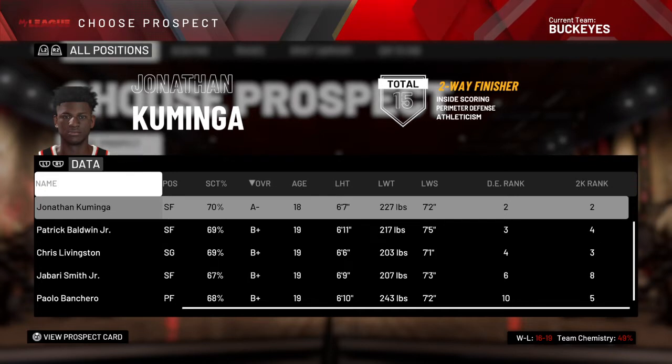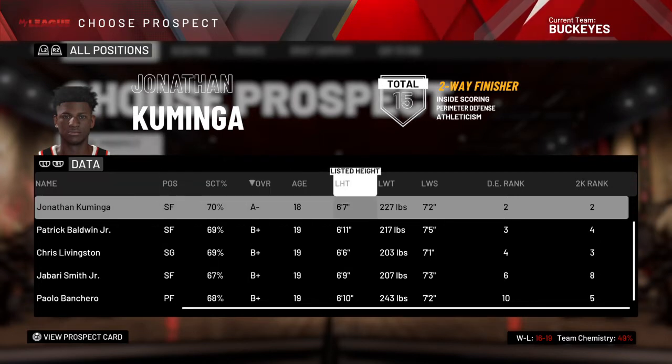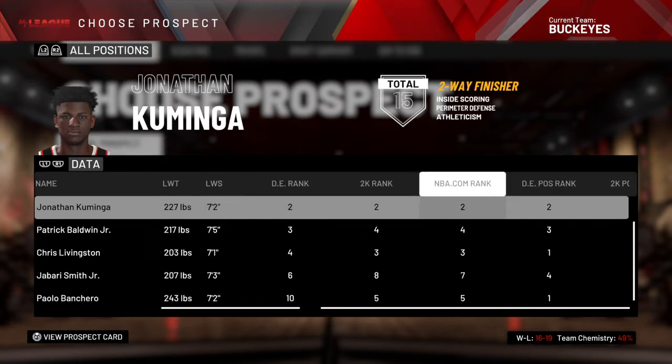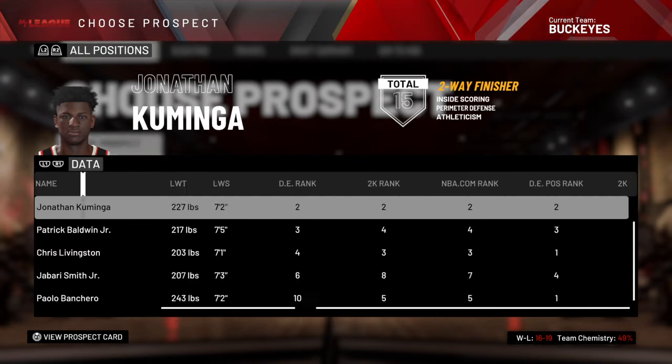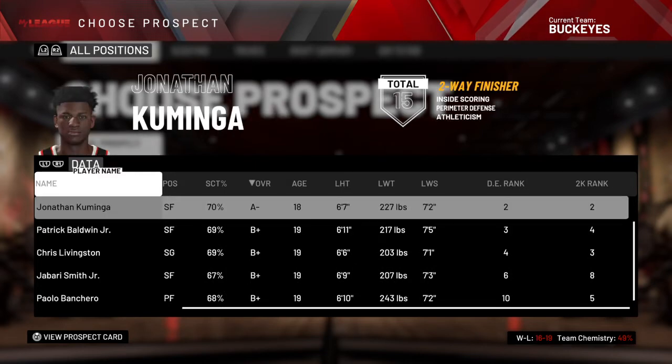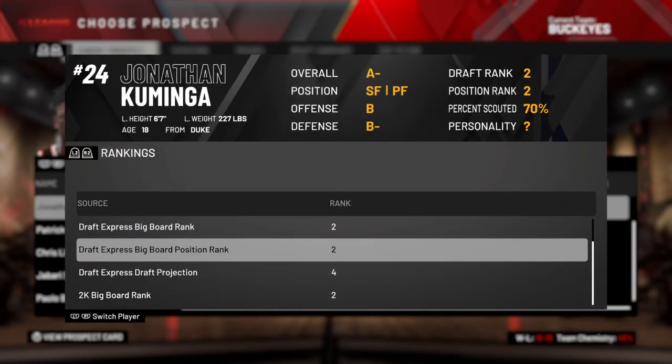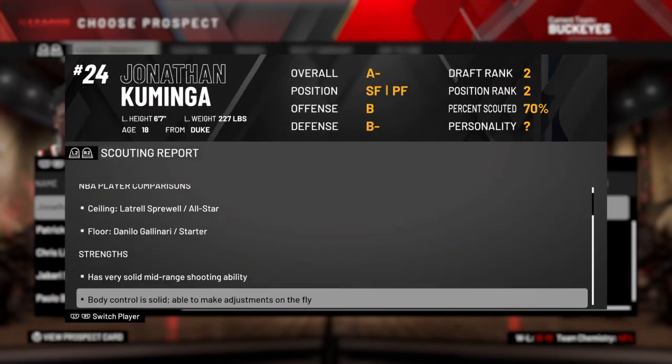Jonathan Kuminga, 18-year-old, 6'7". He's 227. He's ranked number 2 all the way, actually, except for a few of those. He's a two-way finisher, inside scoring, perimeter defense, and athleticism. He's 70% scouted, so it's not all the way.